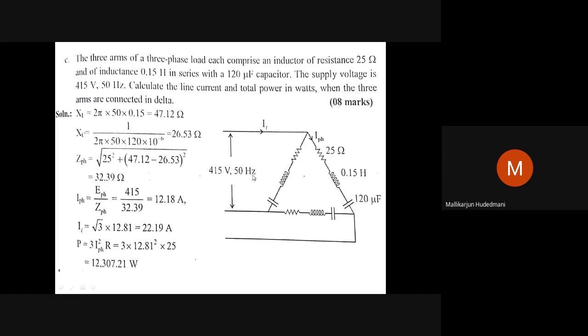So this is the shift in understanding. Whenever we have a star, what is that understanding? Whenever there is a delta circuit, what should I remember? You must practice once or twice by keeping the equations in your hand. Then you can do it.